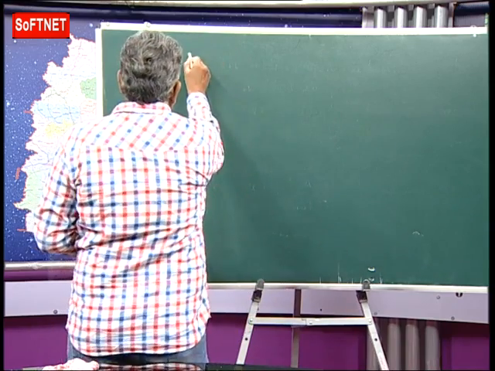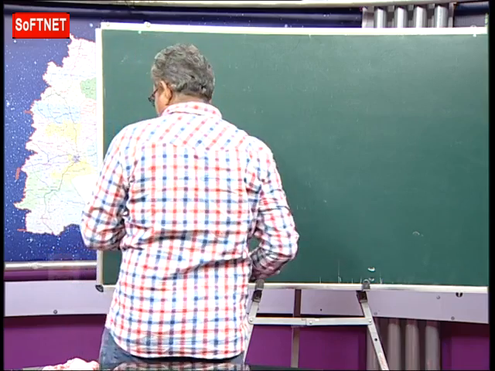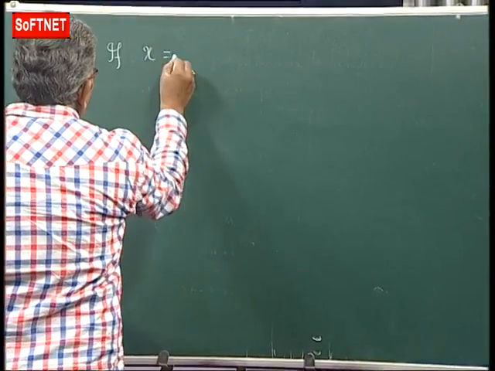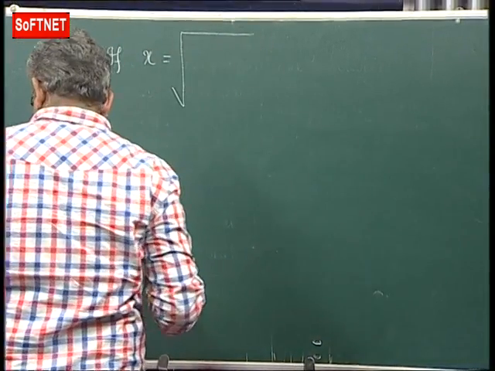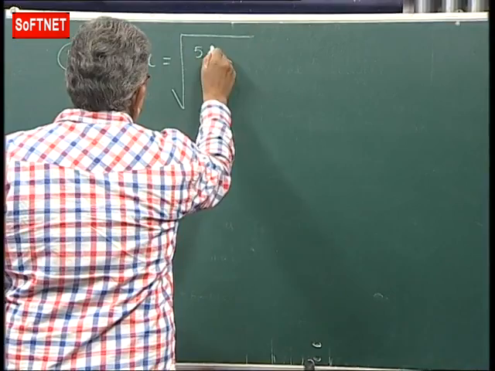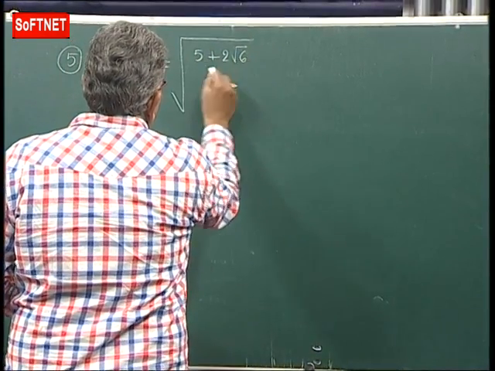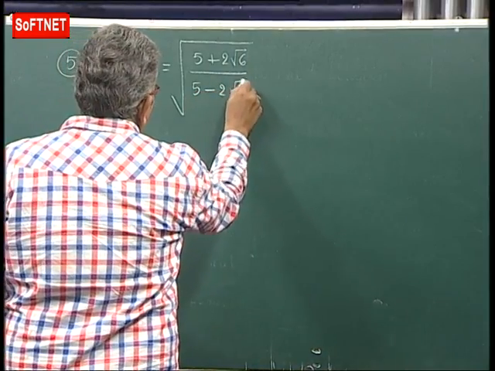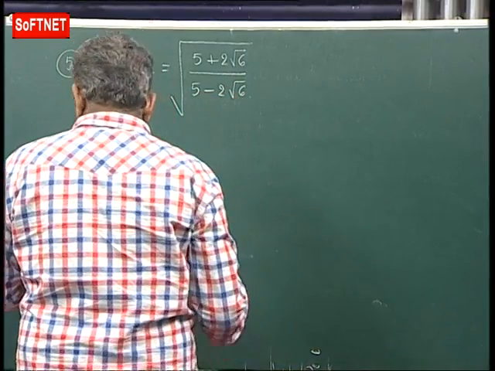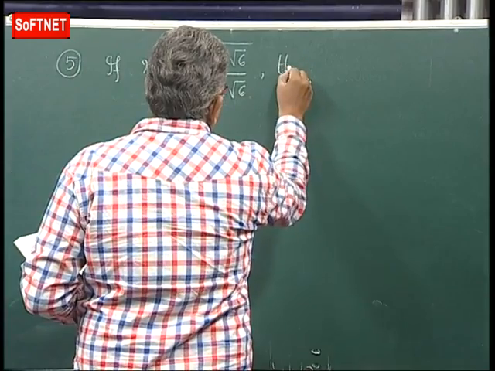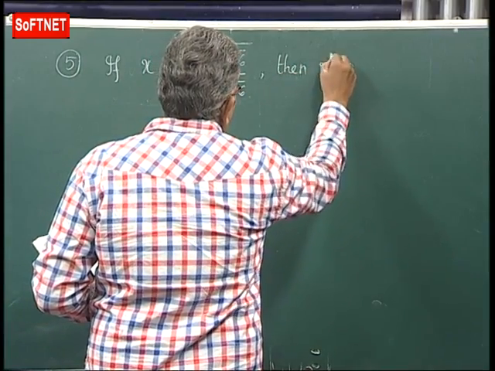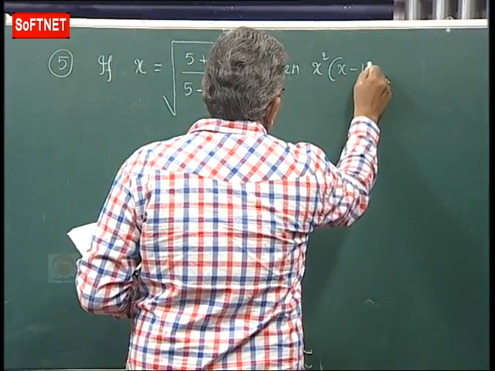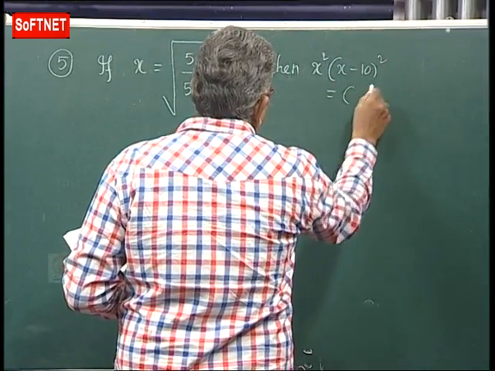Now, very interesting question, fifth one. If x is equal to root of (5 plus 2 root 6) by (5 minus 2 root 6), then x square into (x minus 10) whole square is equal to,